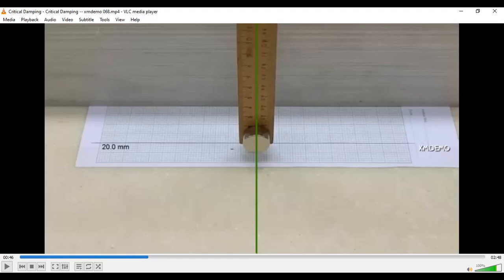If I move the aluminum sheet further, you can see that the vibrations will be fewer. And if I continue to bring it closer to the magnet, you can see that its vibration decreases. At one point, there is not a single vibration. So this is called heavily damped, meaning the vibrations are reduced.